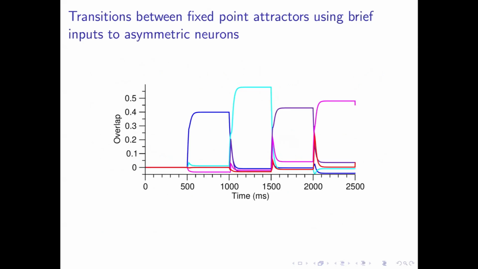All right, and one thing you can also do easily with this type of network is, instead of generating a smooth sequence where you move forward in time, use the system essentially as an attractor network where the input to the asymmetric neurons serves to induce transitions between states, right? So here you initialize the network in the first state, and then you have a brief input to the asymmetric neurons, and that kicks the network into the next state. Then at this point, you can have retrieval at arbitrary speeds. It's just controlled by the external inputs.